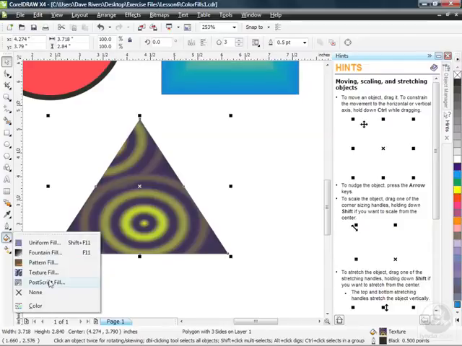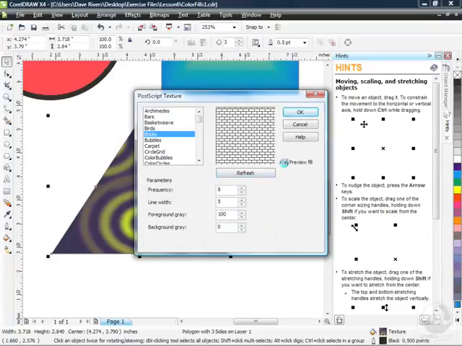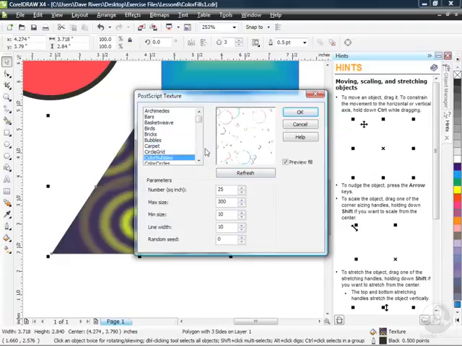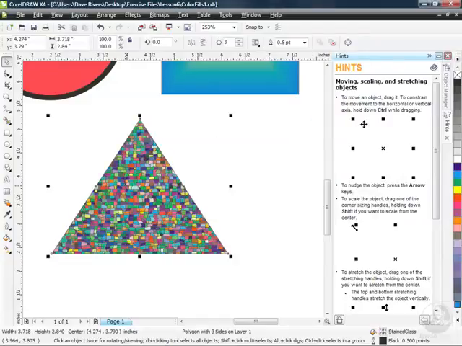All right, let's go down to PostScript fill using PostScript language now. If I went down to bricks, for example, click refresh. I'm going to preview my fill to see what that looks like. You can see tiny little bricks. Clicking refresh will always update. Let's go to carpet, color bubbles. There's a long list of PostScript textures down here. I'm going to go to stained glass and click OK. That is now applied to my object. I think you're seeing how the possibilities are really endless when it comes to filling objects, and not just with